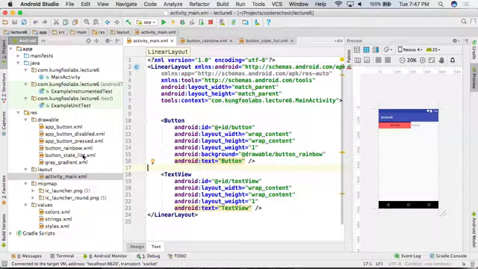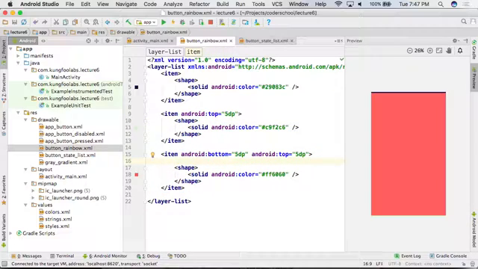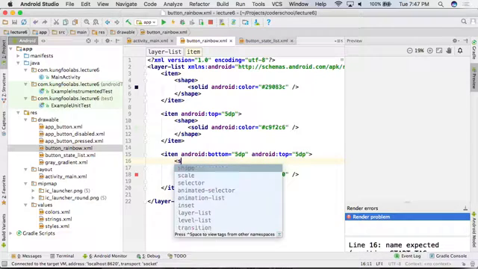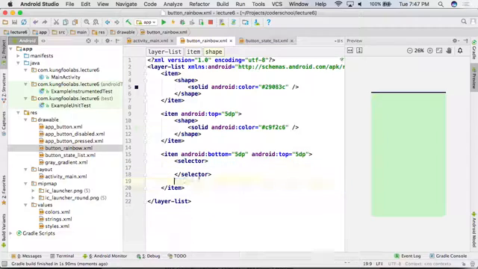So the other thing I want to focus on is that this can actually take something complex. It can actually take a state list too. It doesn't have to just be a shape. I could change this to be a selector, right? Because let's say you want the top and bottom borders to be exactly the same, but now you want that middle color to change based off of whether it's pressed or not. So I can take this and say item